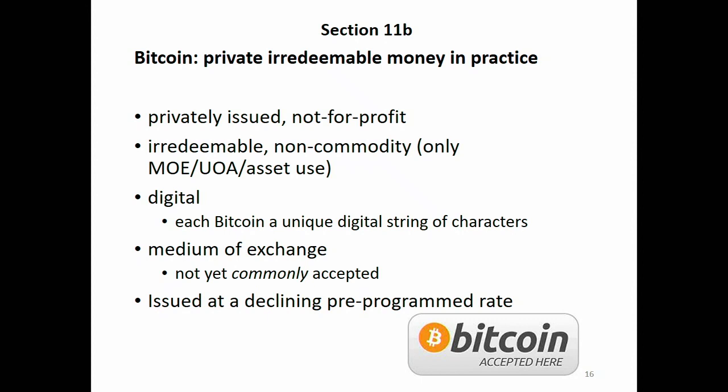So Bitcoin, very quickly, describing characteristics of Bitcoin. It's privately issued, so there's a small group of people that got together, wrote the white paper, and released Bitcoin. So it's not backed by government, and it's also irredeemable fiat money. So it's not tied to anything of value. So you can't take your Bitcoin and get issued something of value from, I don't know, the nerds that run Bitcoin.